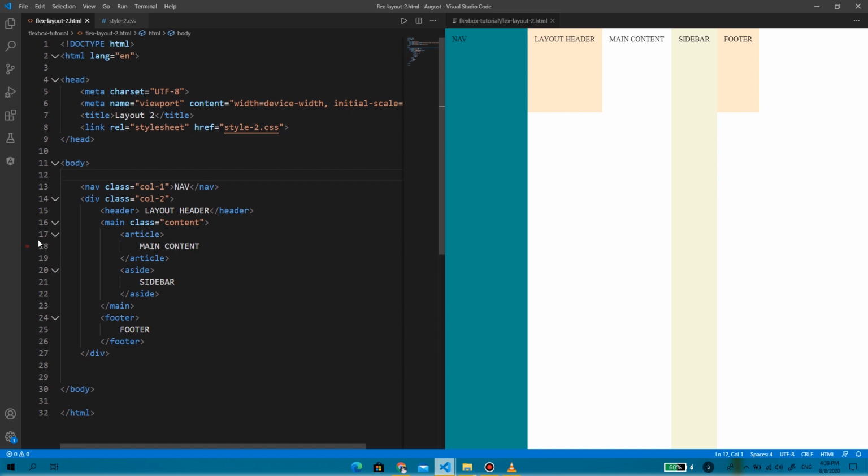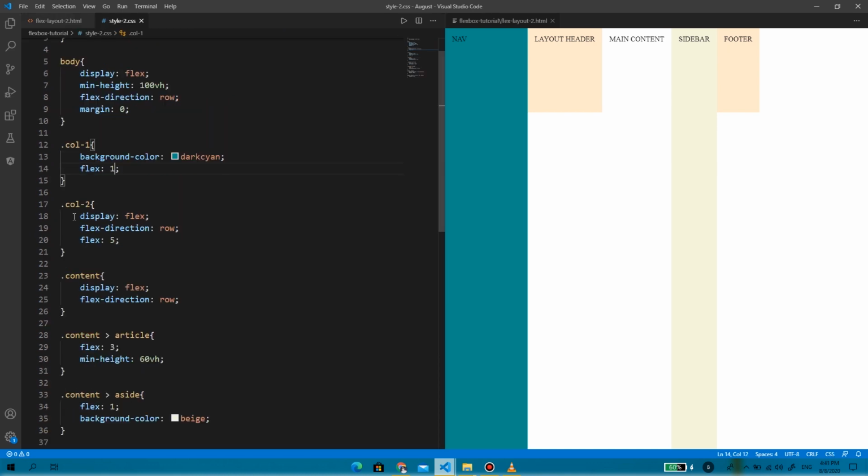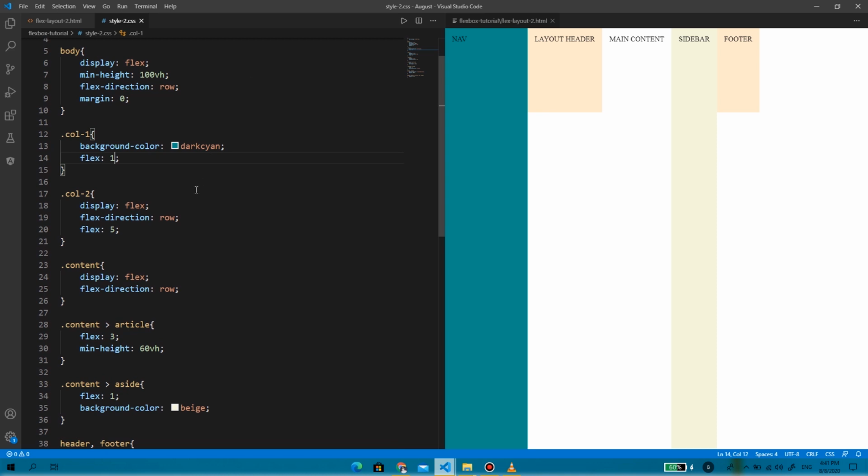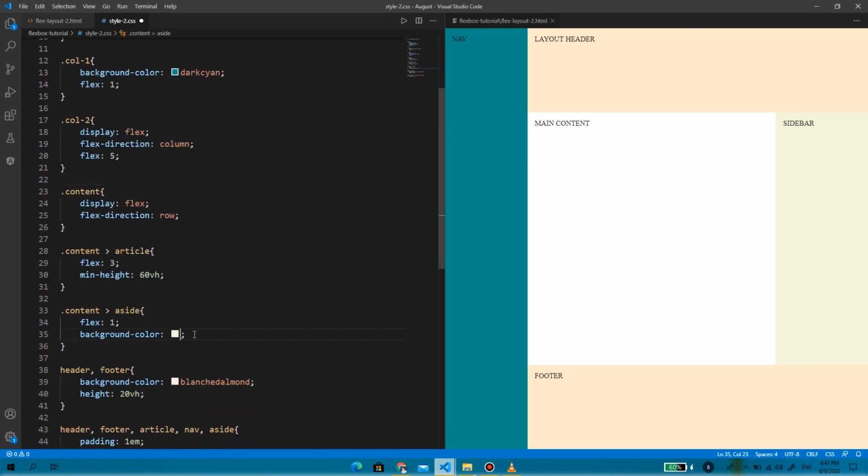I am having some problem here. I don't know where I have done the mistake. I made the mistake here. I'll change this color to